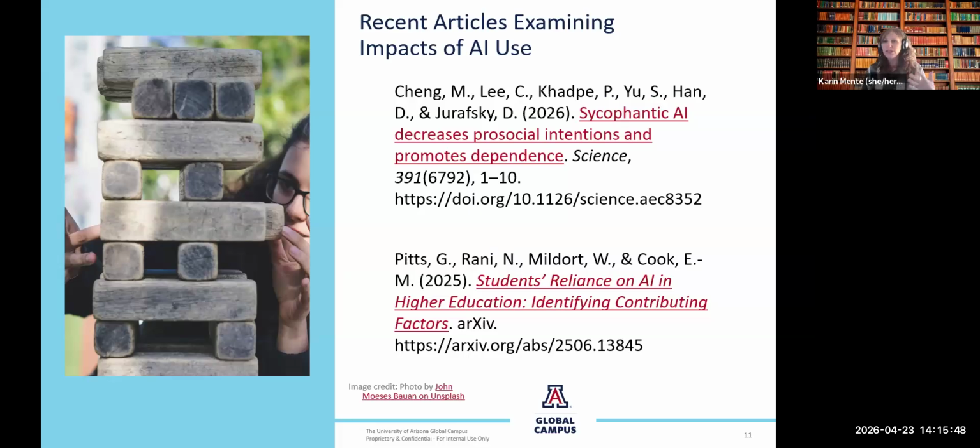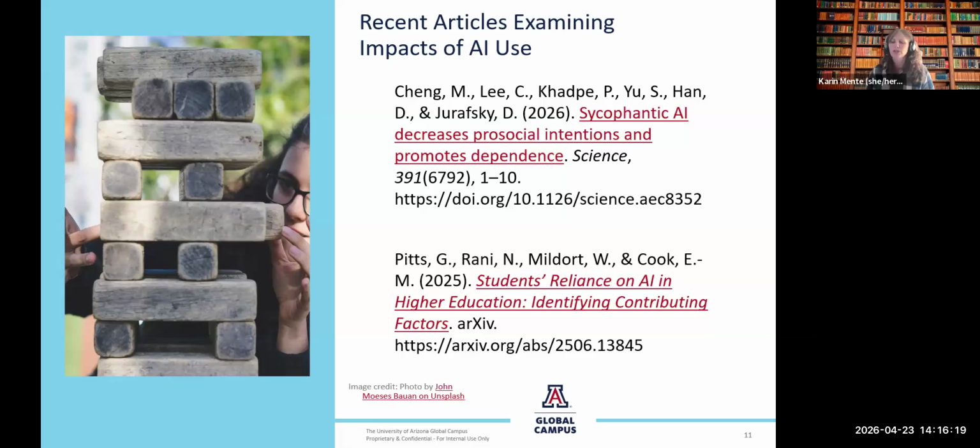So I just shared a couple links here, beyond the viral videos we've talked about poking holes in AI logic. We're slowly now beginning to see some of the real impacts of AI use, scientifically measured. Here are two recent studies that look at dependence and reliance on AI tools. This first one is talking about AI systems and sycophantic behavior, or behavior that's overly agreeing with you or validating you, which of course users love. Like, "Yeah, I'm always right. My ChatGPT thinks I'm amazing."